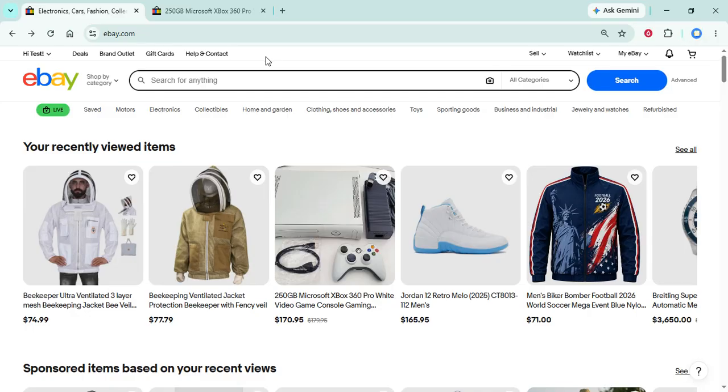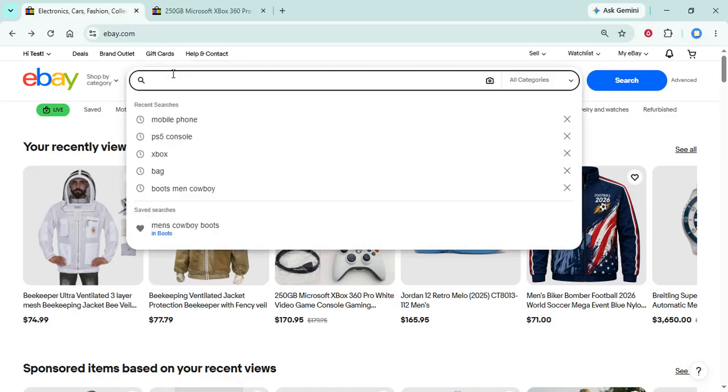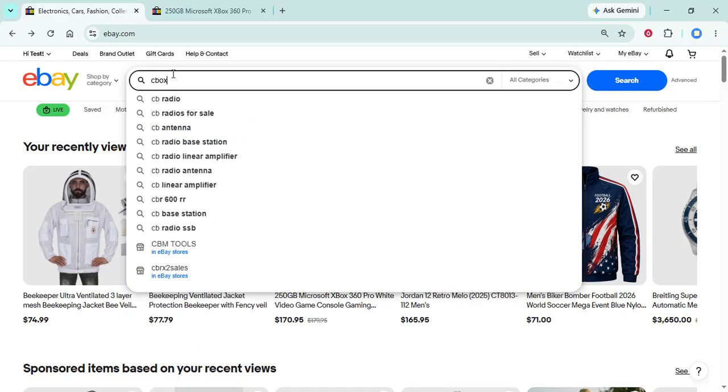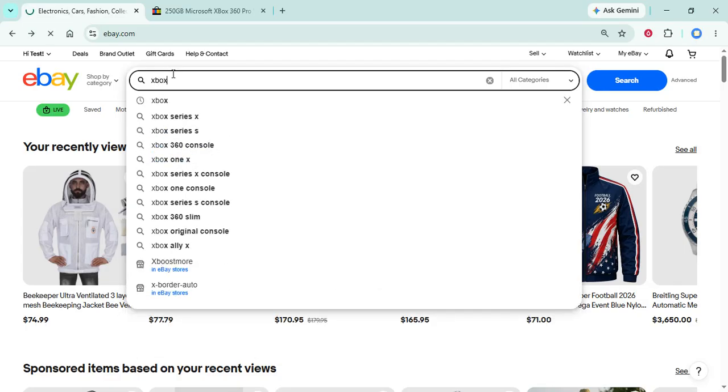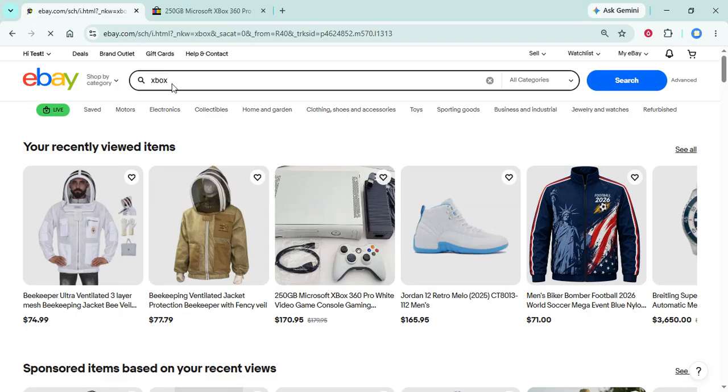interests across multiple sessions. Once you're on the homepage and logged in, the next step is to search for a product. Use the search bar at the top of the page to type in the name of the item you're interested in. This could be anything from electronics, clothing, or collectibles. After entering your search term, press the Enter key on your keyboard. This will bring up a list of all the related products available on eBay, giving you a wide range of